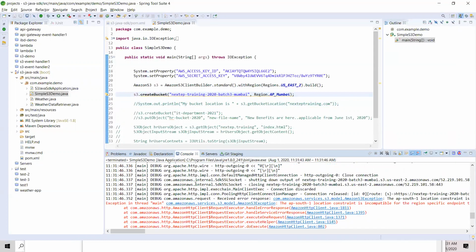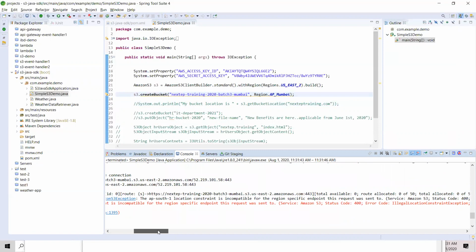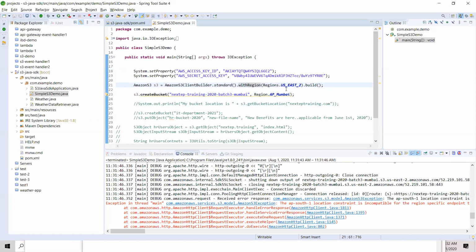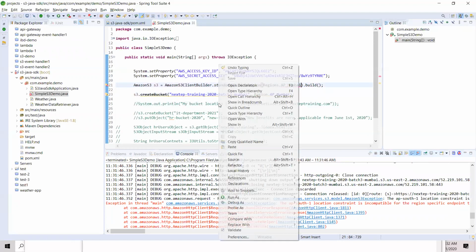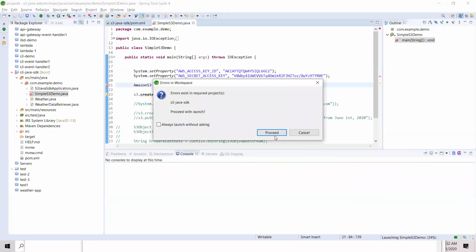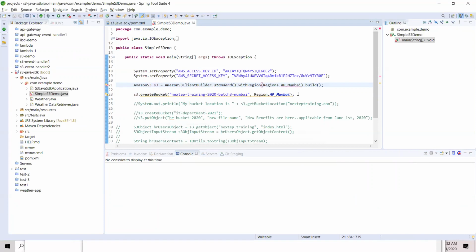complaints. Okay, the AP South 1 location constraint is incompatible for the region specific endpoint. There you go. Because here I gave a region, right? So I have to do region dot AP Mumbai. Now that should work. What happened? Oops.